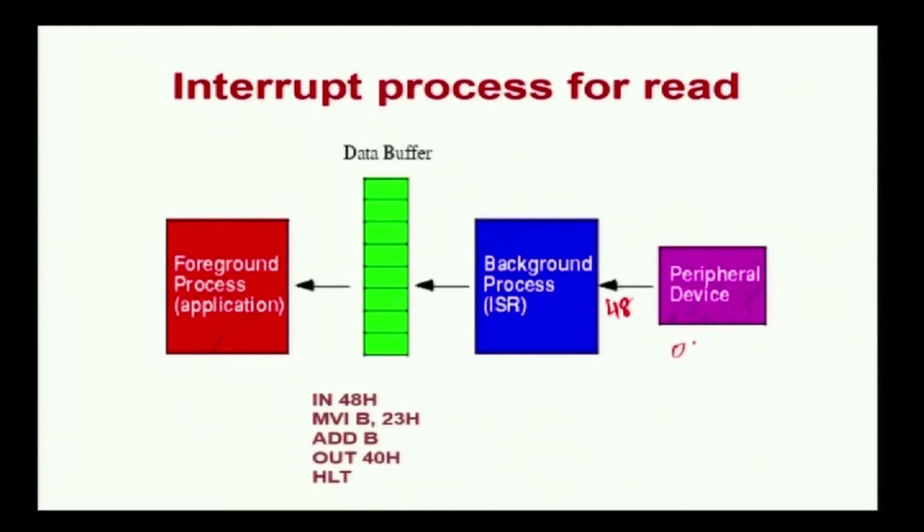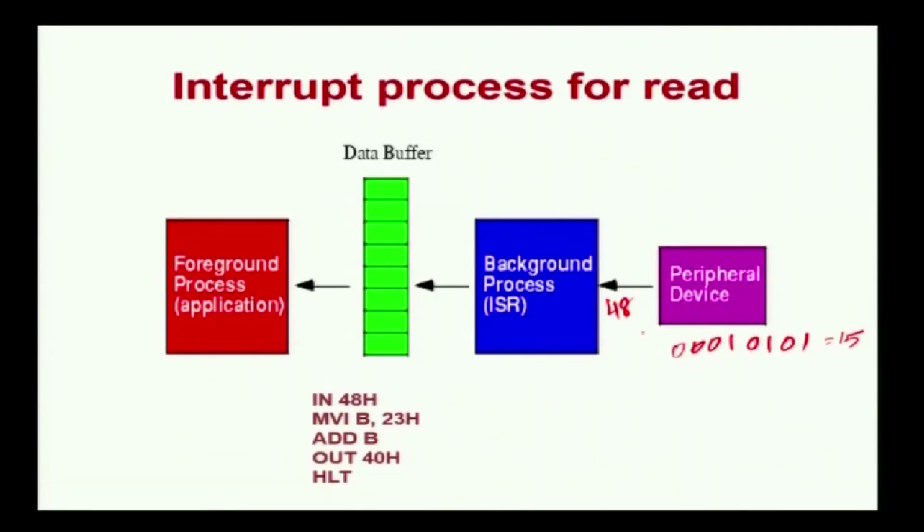So, consider some switches as the peripheral device's switches. The switches, which are 0 0 0 1 0 1 0 1, these kinds of switches are on and off. 0 means off, 1 means on. So, this value, which is 0 5, that is 15 H, will be loaded to 48 H. After the switches are turned on on the keyboard or in the switching devices, the peripheral sends the request to the processor. The processor completes its current work, then it runs the ISR program which reads the data from the 48. The 48 is the port number or port address.